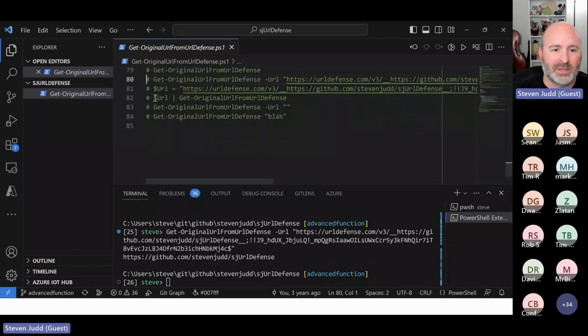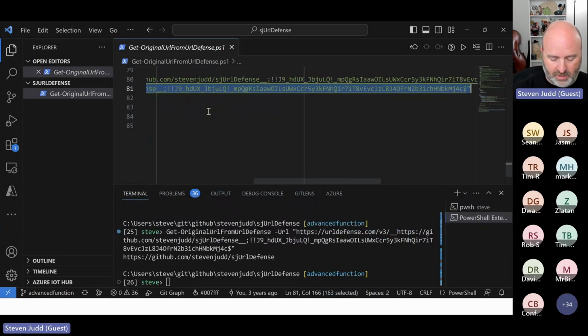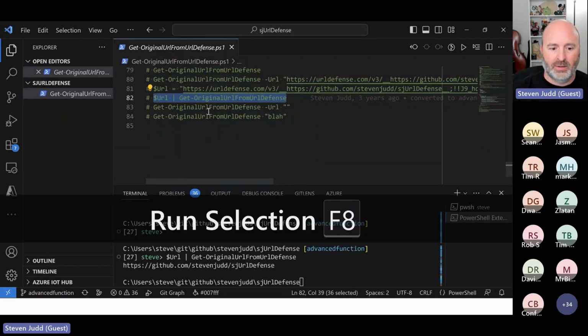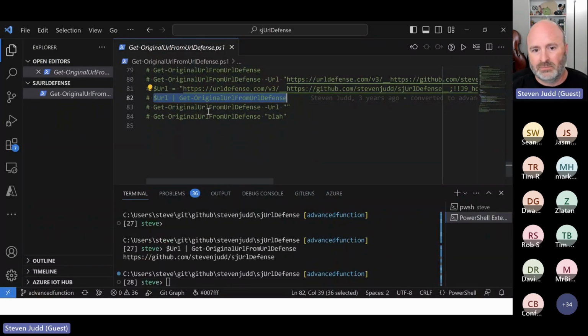I can take the URL because I'm doing value from pipeline, and I can pipe it through. In order for that to work, I have to have this first one. Let me get that. F8. And now this. F8. Ta-da! Now, of course, it still works on blanks and blahs.